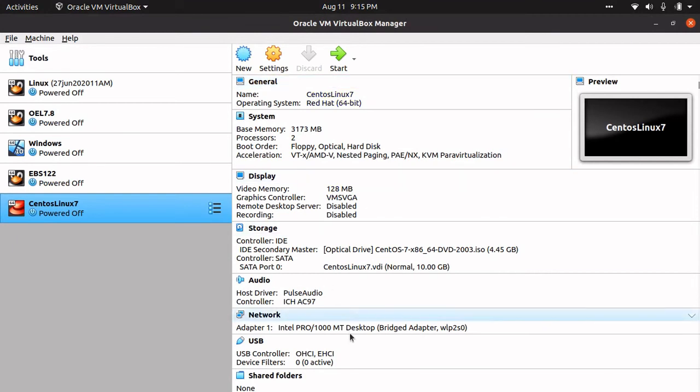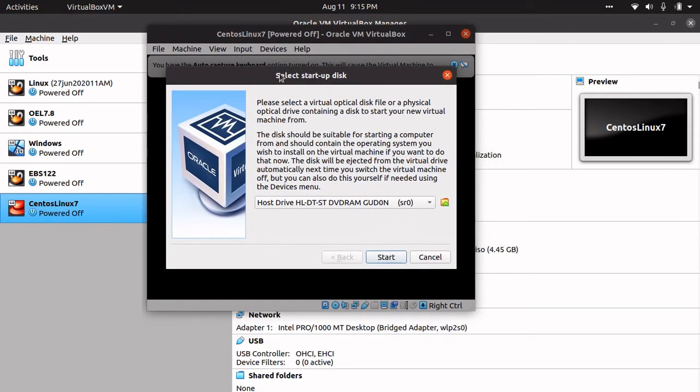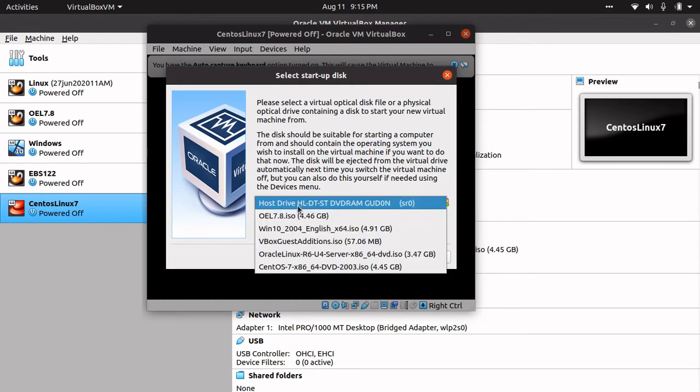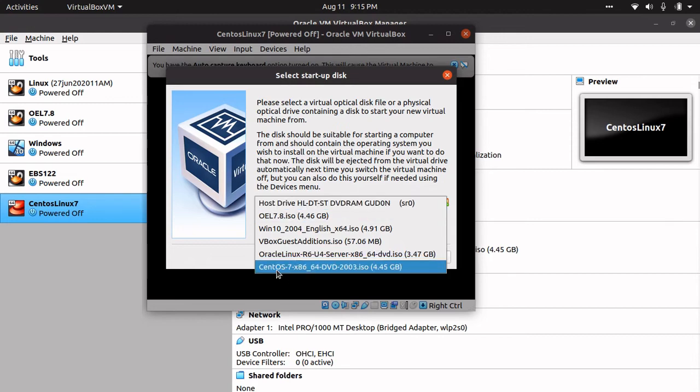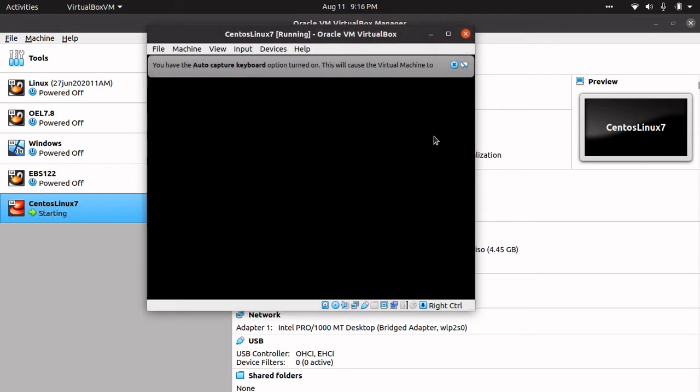Once all these settings are done, I simply select the start button so that the system will start booting from the ISO. As soon as you do it, it will ask you what should be your startup disk. Because this is the first time and we have nothing installed in the hard disk, the 10 GB virtual hard disk that we just allocated, and no OS is installed there, we will select the ISO, that okay, boot up from the ISO image. So we will select the CentOS ISO image and click on start,